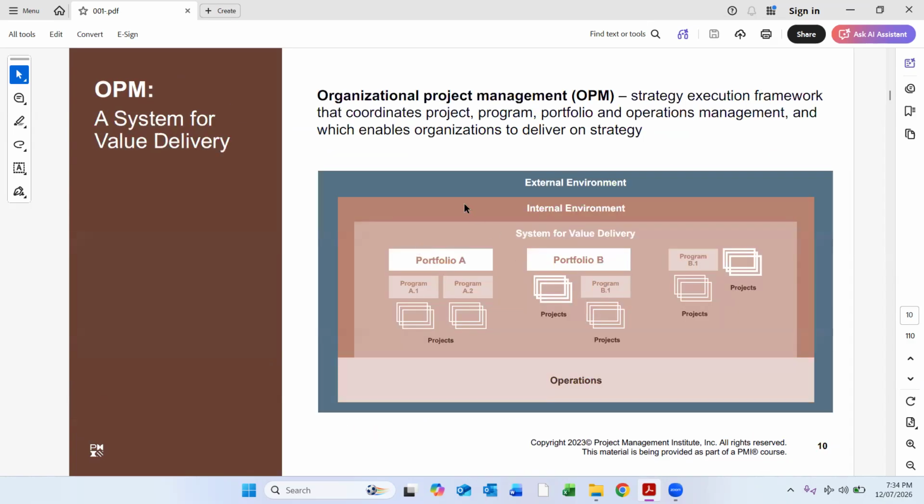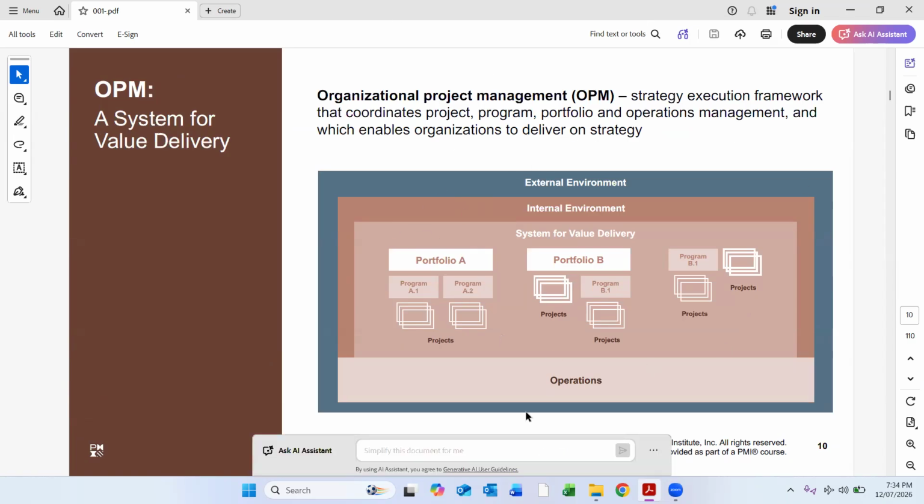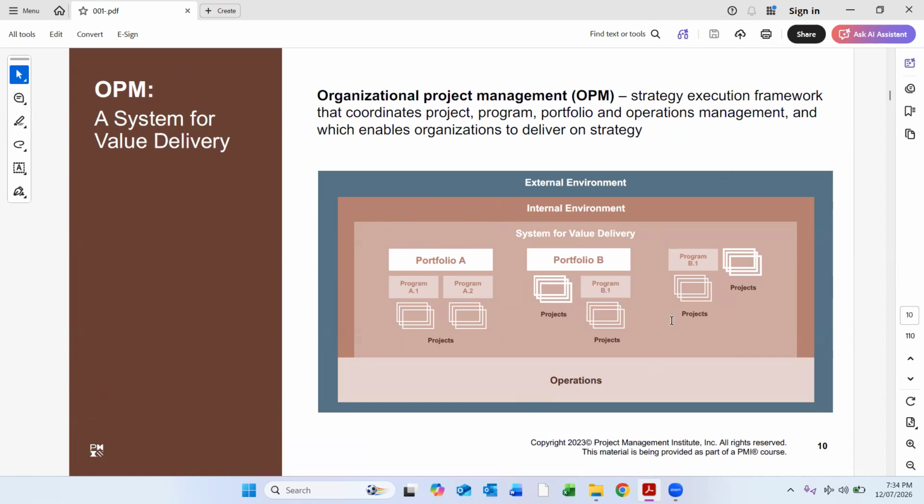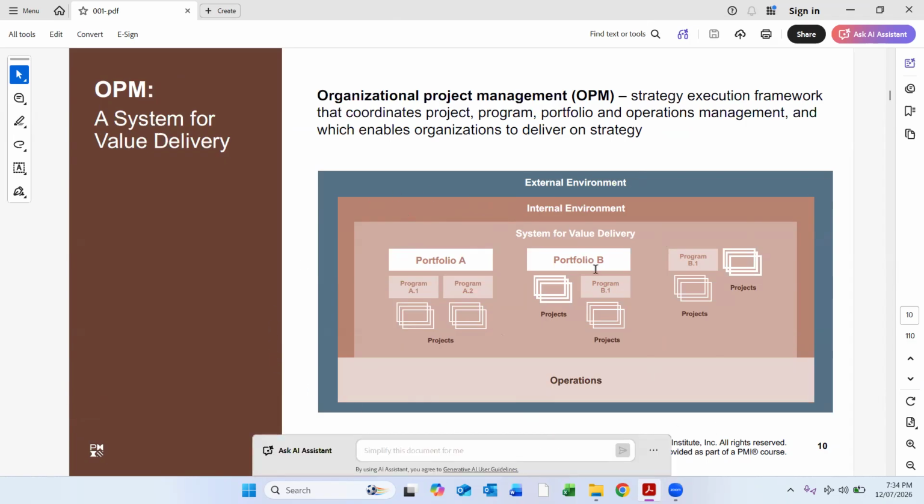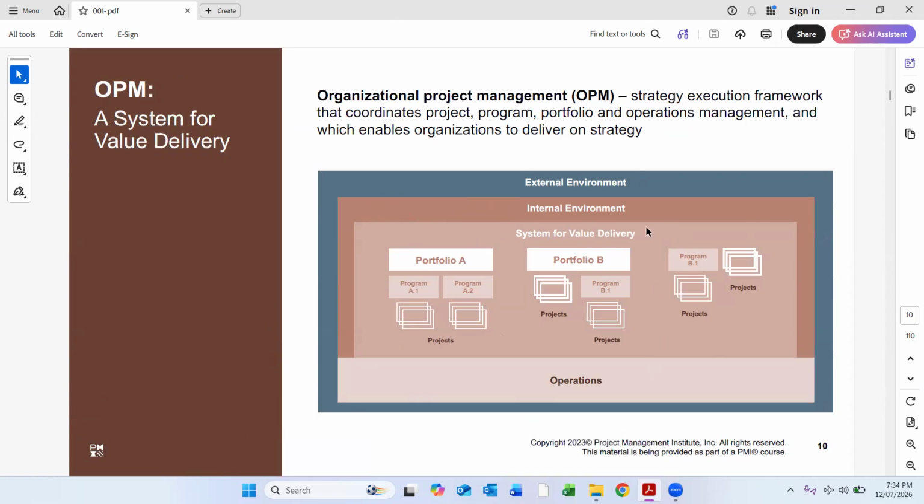So we go to the OPM part, which is organizational project management, where we have the external environment and the internal environment. These are based on the system of value delivery, where we have different portfolios, programs, and projects.